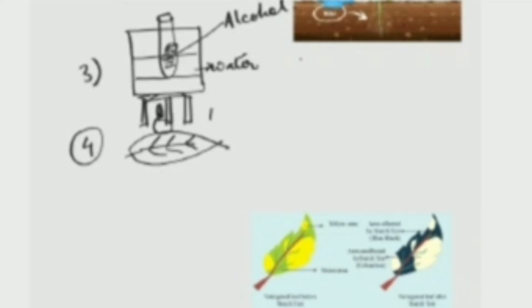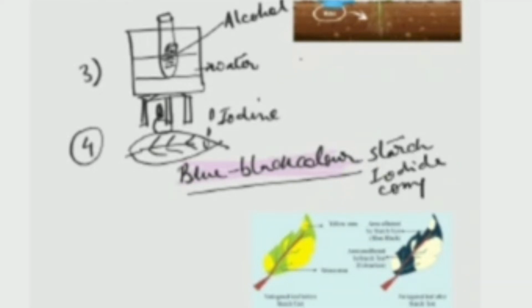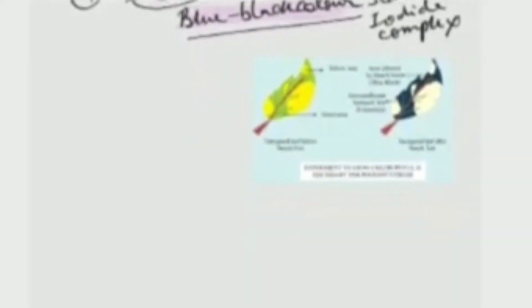We are not placing the alcohol in the test tube directly on the flame, but we are putting it in the water bath. The reason is alcohol is highly inflammable. It can cause a fire accident. So in order to prevent a fire accident, we set up this activity in a water bath. Okay. So the blue black color that I told you about, the blue black color of the leaf will be seen after the starch test. And for clear visibility of the blue black color, we remove the chlorophyll because chlorophyll is dark.